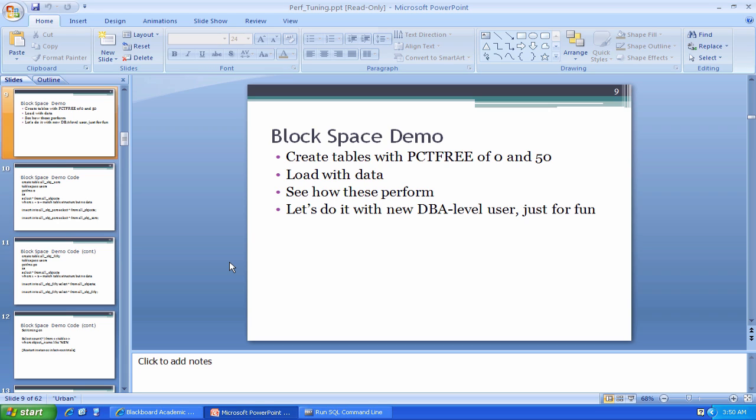You can influence a number of low-level behaviors on a variety of levels, and one of which is a setting called PCTFREE. There's a complementary setting called PCTUSED, but we won't talk about it so much in this video. But PCTFREE is basically the amount of free space Oracle will leave in a block in order to allow room to do, let's say, updates to existing rows that may cause the rows to consume more space